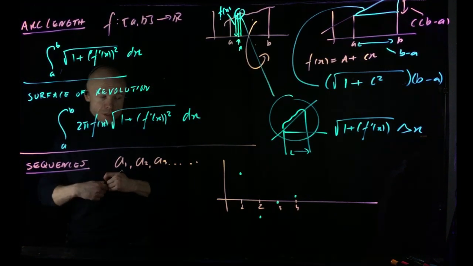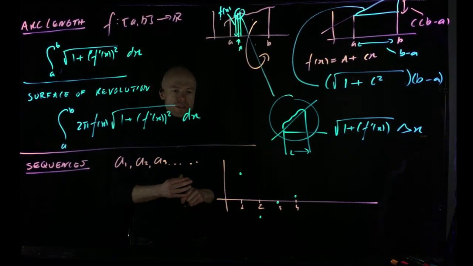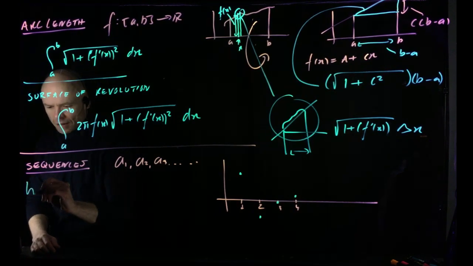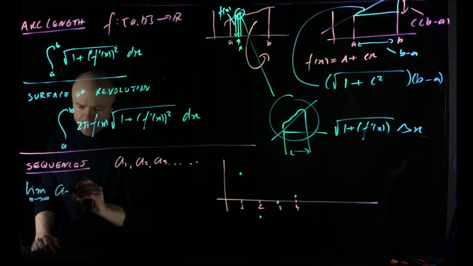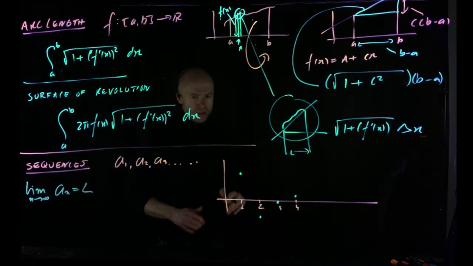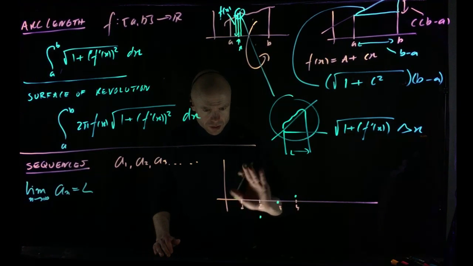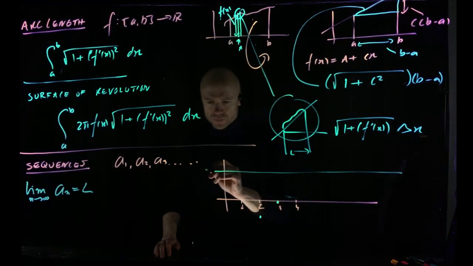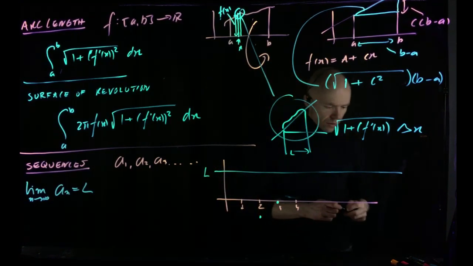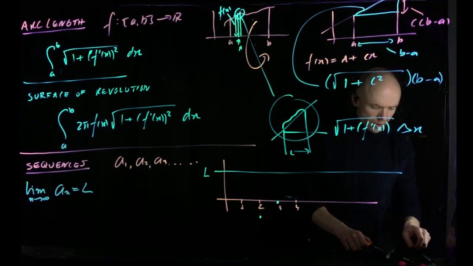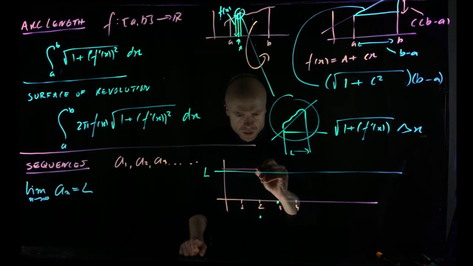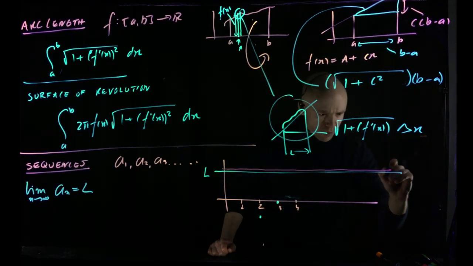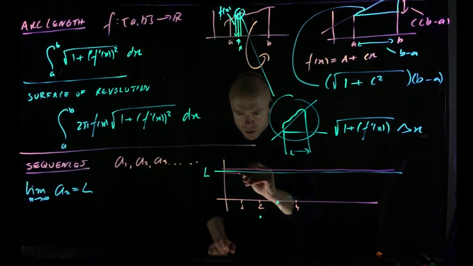Okay. Now, the first and most important thing about sequences is to understand what it means to have a limit. And actually understanding the limit of a sequence is kind of easier than the general limit of a function. So the limit of a_n equals L means the following. For some particular number L, so this is L, if we draw any band of any thickness around L, so take your favorite tiny, tiny number and draw a line just that much above L and that much below L,